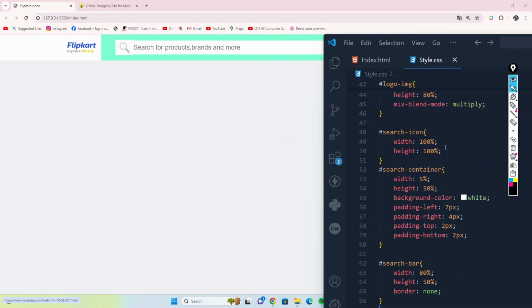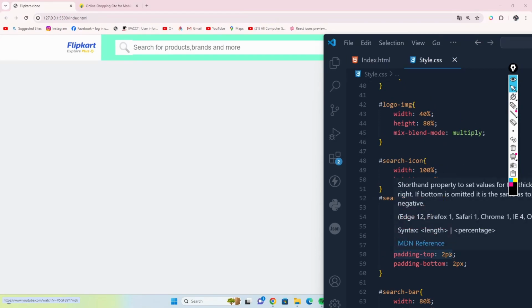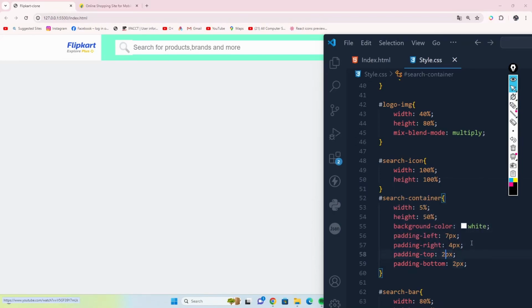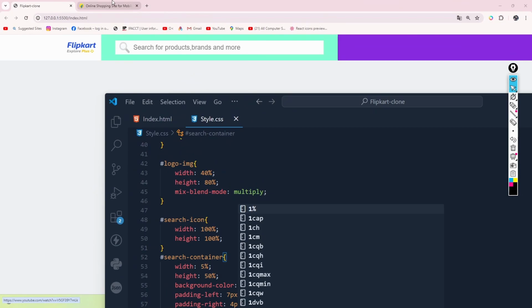See, for that, what should we do? We should give the padding properly. So let it be 1 and 1px. Yeah, now it's properly done. But still I'm not satisfied with this because